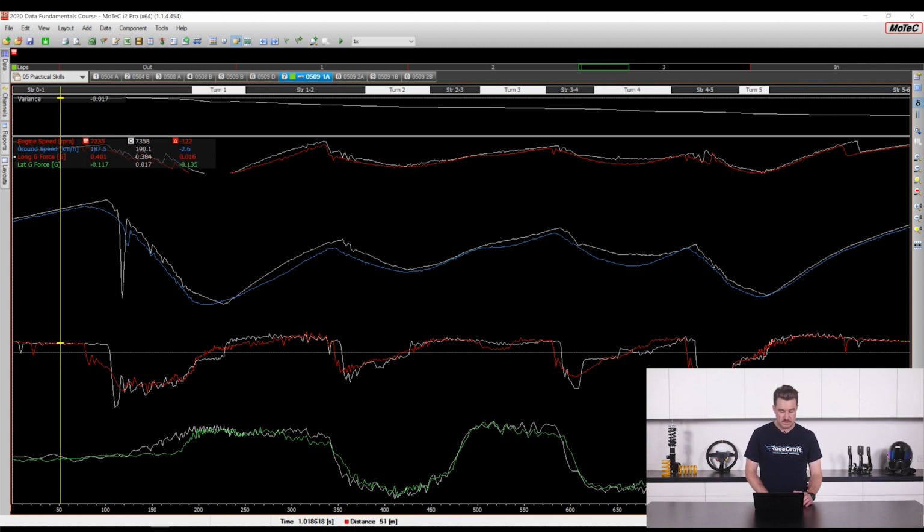The first there being the point where they're starting to do their braking, the second being the magnitude of the braking. So this is a really good example of the difference between what you'll often see between a pro and an amateur, both in terms of braking point and in terms of the braking strength, how hard they're actually braking.